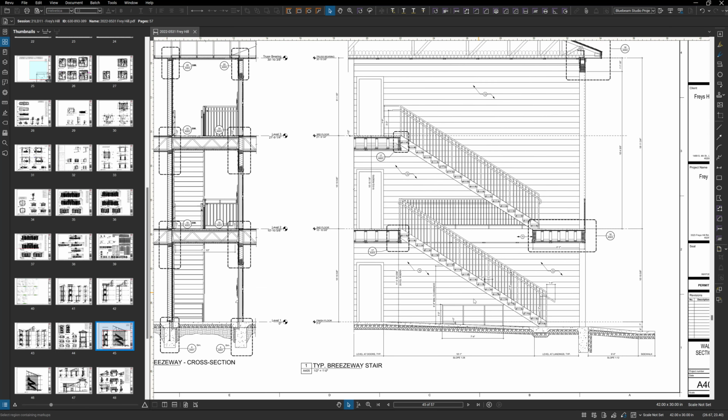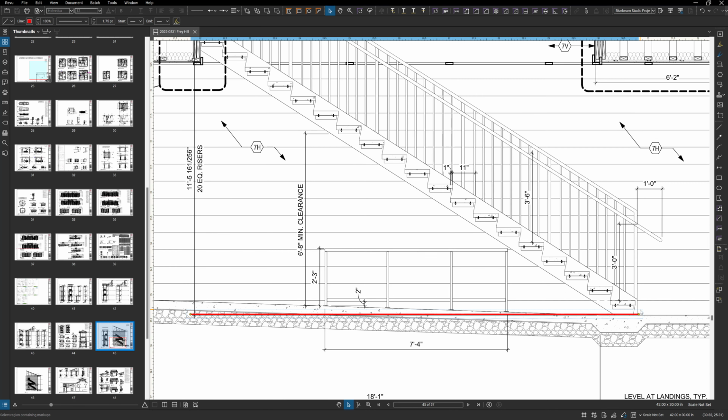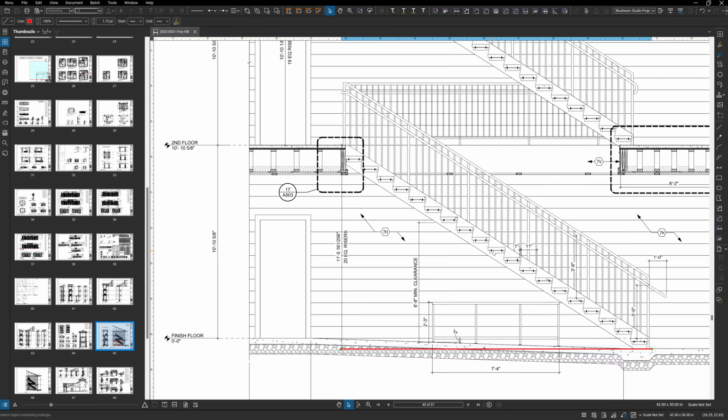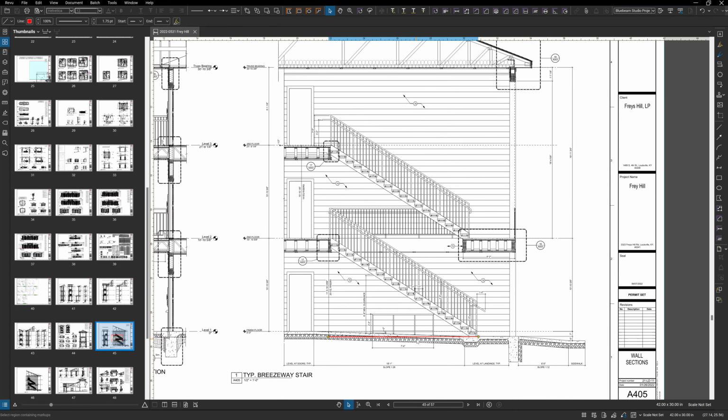I see that people will consistently miss the stair riser count. Either they'll miss the fact that on the first floor there's an extra riser because the breezeway slopes, and they'll have 19 as opposed to 20, or they'll just leave this dimension for the number of risers off altogether,